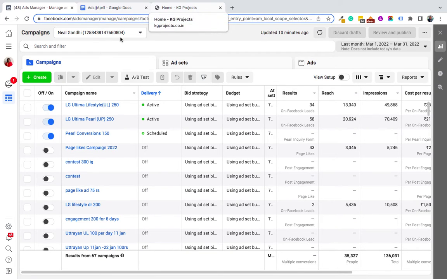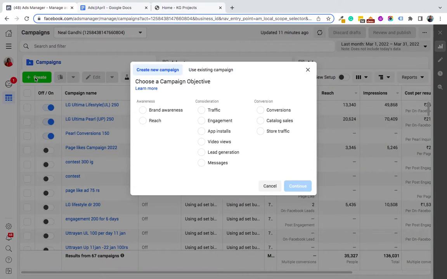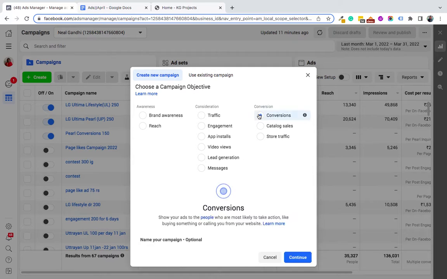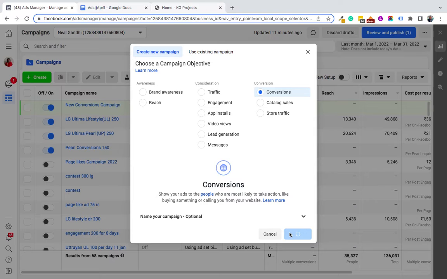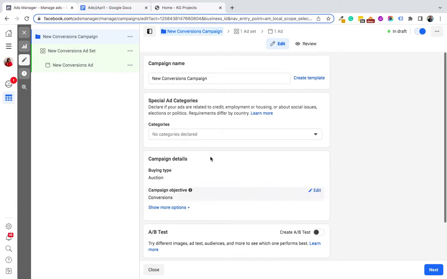To put a conversion ad, go to create, conversion, continue. Here we are putting an ad for people who would fill the inquiry form on our website or any custom page of your website. So here I'm writing